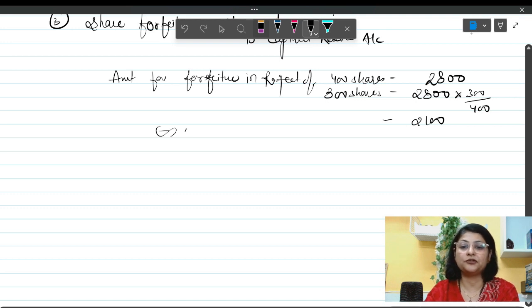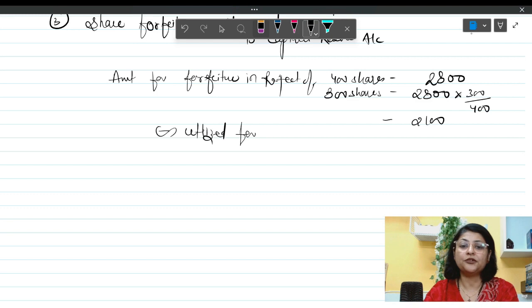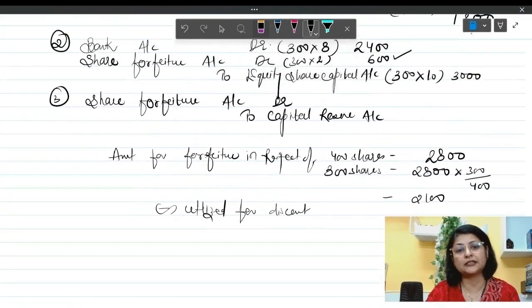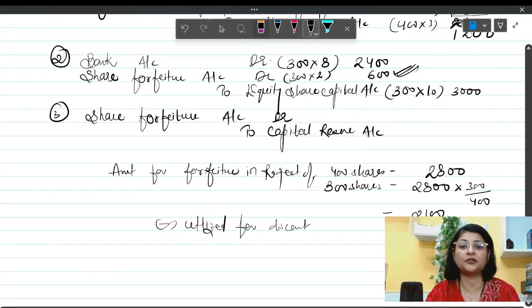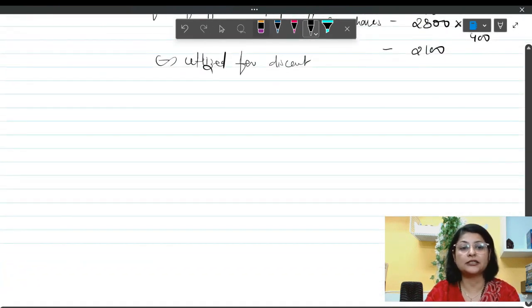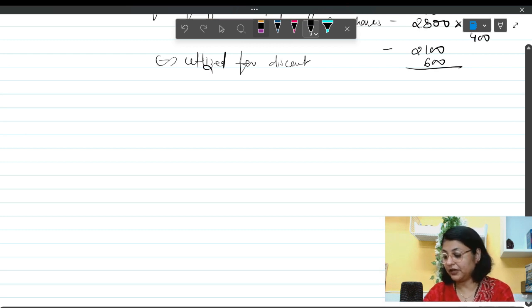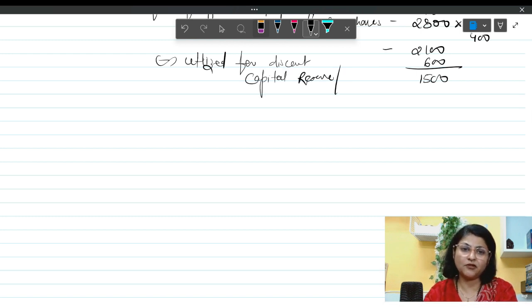From here we are going to deduct the amount utilized for discount. Utilization for discount was 600 rupees. From where did I get this 600 rupees? Over here, this 600 rupees was utilized. So this 600 rupees we are going to deduct from here. So how much is left? 2100 minus 600, we are left with 1500 rupees, and this is the capital reserve, or we can say the